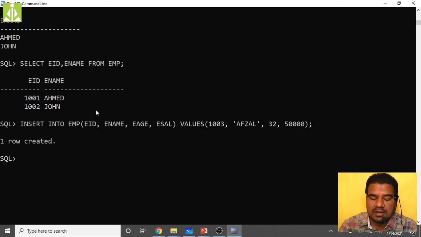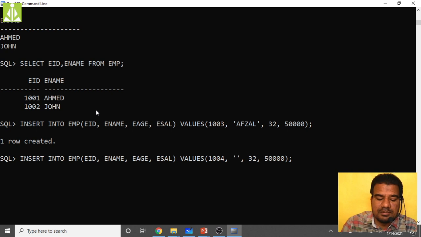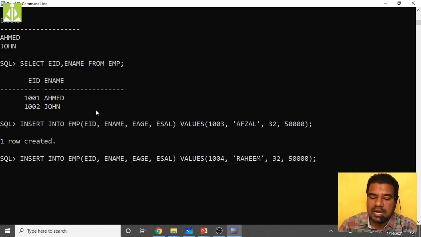Hit the enter key, another row created. Create one more row, that is 1004. I am giving the person name, the age we set to 45, and the salary some 34,000. Hit enter, one more row got created.